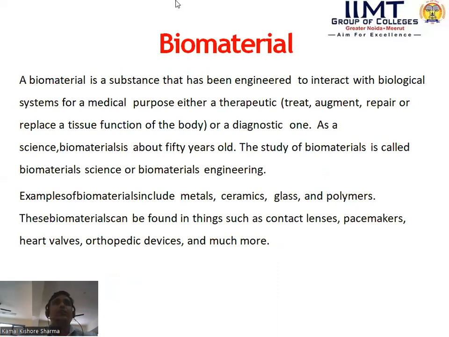The biomaterial. A biomaterial is a substance that has been engineered to interact with a biological system for a medical purpose, either therapeutic, to treat, augment, repair, and replace a tissue function of the body, or a diagnostic one. As a science, biomaterial is about 50 years old. The study of biomaterials is called